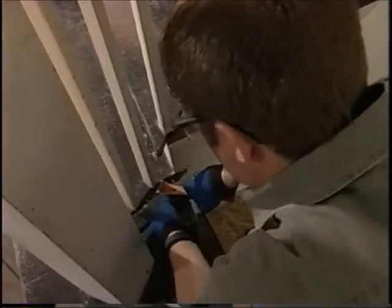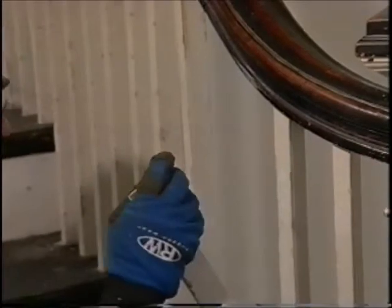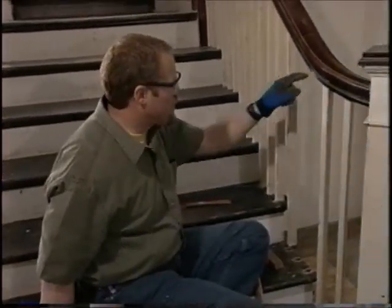A much smaller pry bar is working better for Chris. He has to remove the wooden end caps first before taking out the spindles. In this staircase, the bottom of the spindle is notched into the side of the tread, and the top is nailed into the handrail. One of the things we want to make sure of when we pull these out,